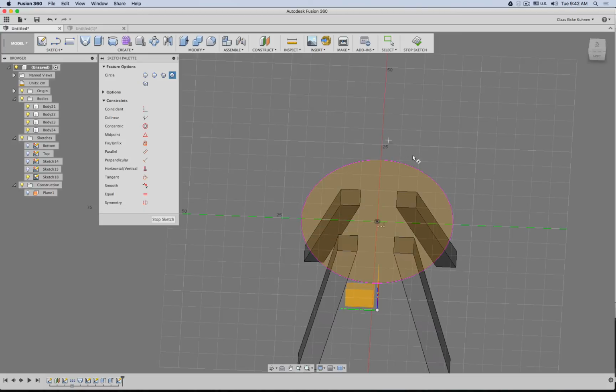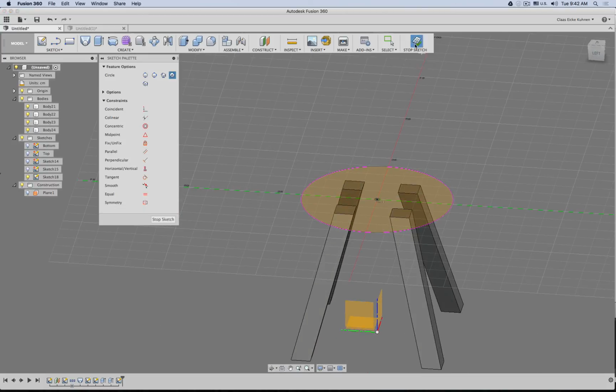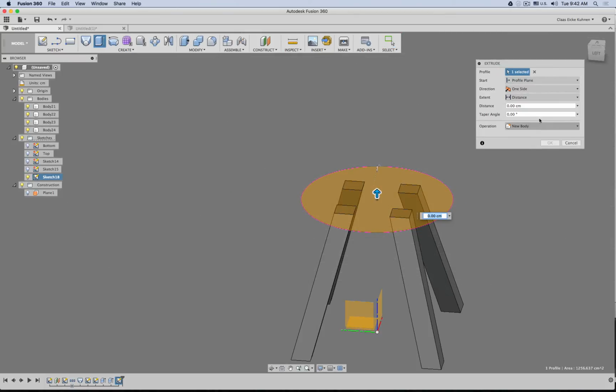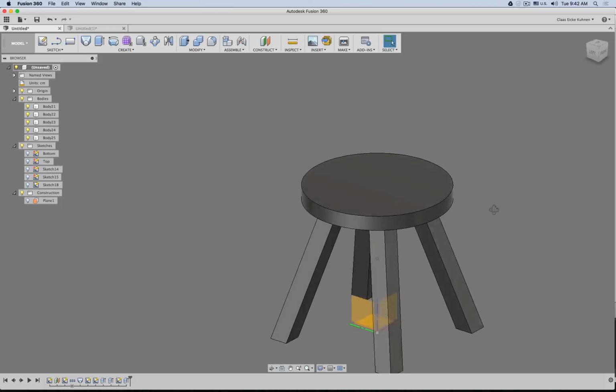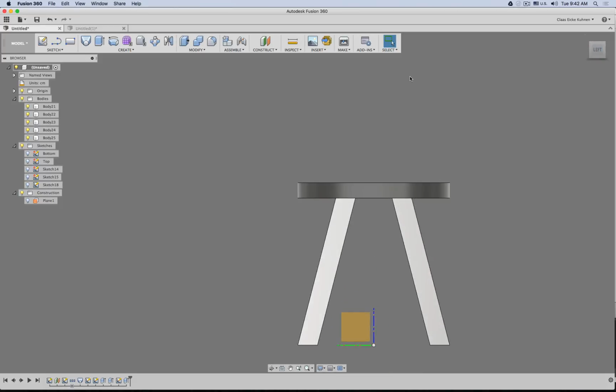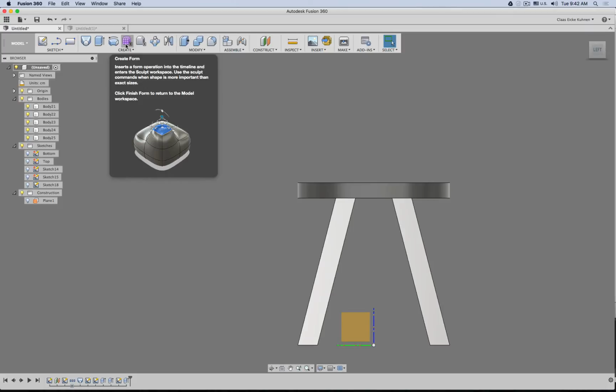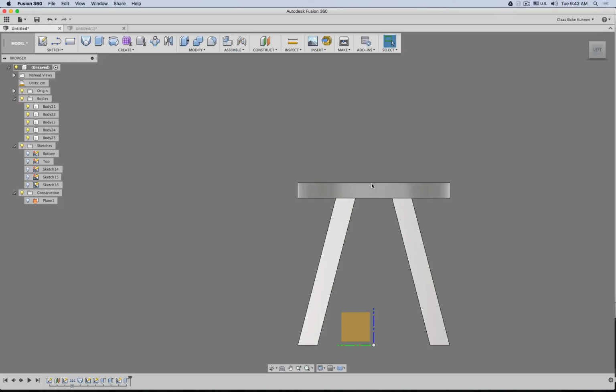Yeah, 40. This is maybe the wood part. Then this, as a new body, we extrude up maybe 4 centimeters, new body. Okay, perfect. And then either via the T-splines, for example, we can create the upholstery that will go over, or